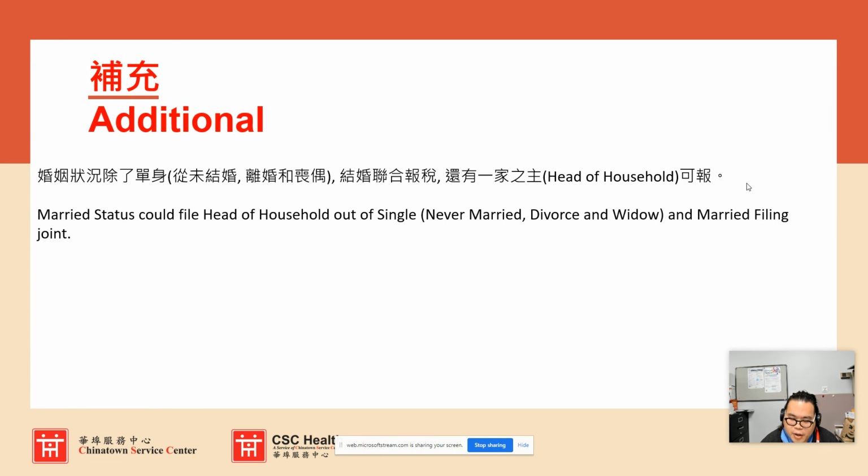Or they are married, but the couple doesn't want to file jointly; they want to separate, and one of them is responsible for taking care of the child. So in that tax form, they don't need to file married filing joint. They could file head of household, and then they need to input their child or elder information in this tax form for the head of household. And another partner, if they